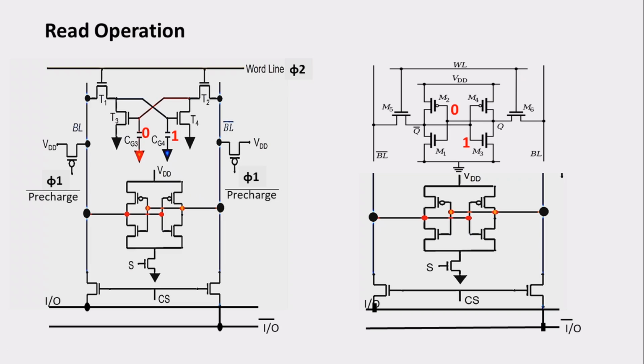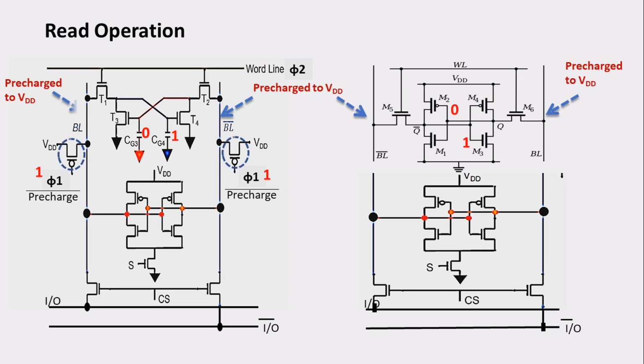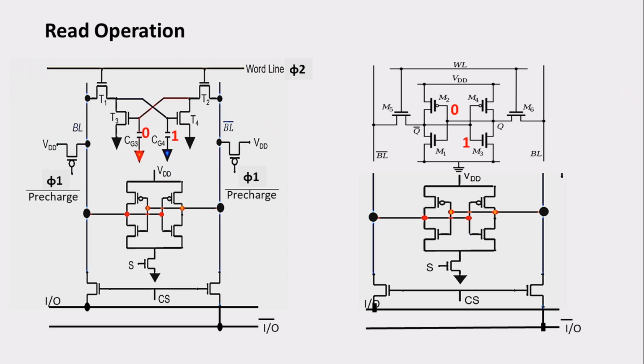Before the read operation, again I need to make sure that I pre-charge these values. In pre-charge, your PMOS transistors are going to be turned on, and the bus lines will be pre-charged to VDD, right? So this is our pre-charge stage. After pre-charge, I'll be making my word line high. So pre-charge is going to be 0, and then the word line is going to be 1, and here you can observe the read operation is being done.